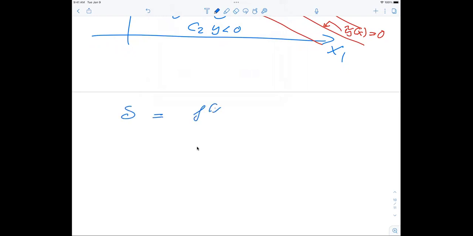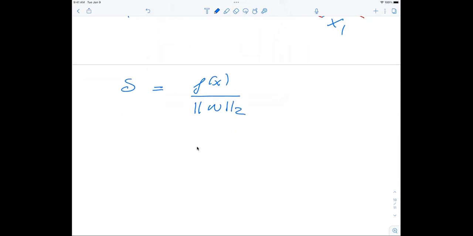So we define that quantity in terms of this norm of the vector. And then we are now going to seek a margin M, which is defined